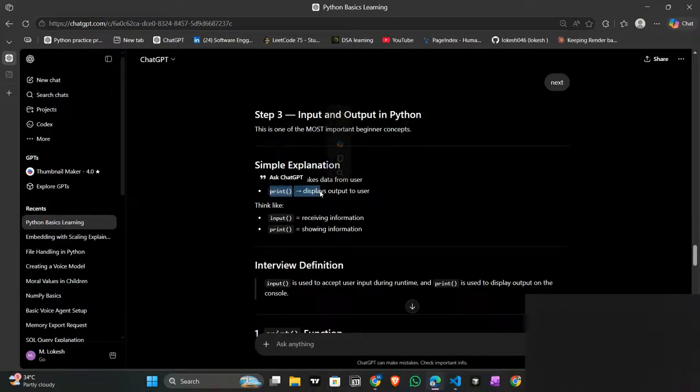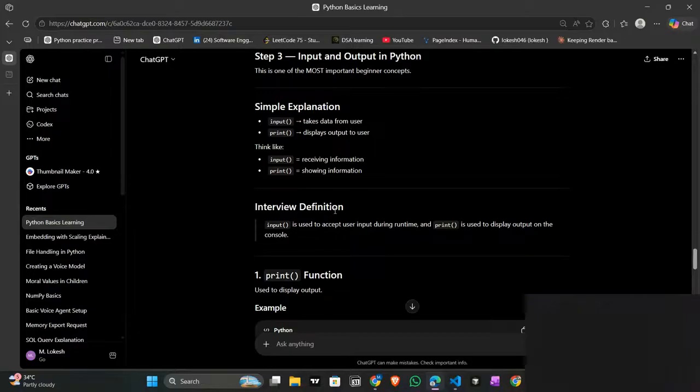Input, print: receiving information, showing information, taking data from the user. Input gets the information from the user; print displays the information we get from the user.